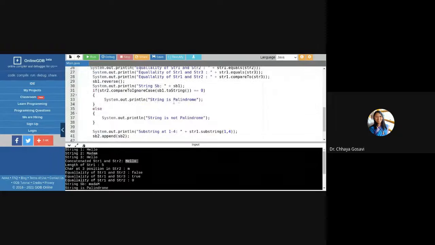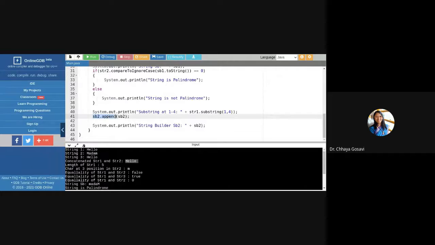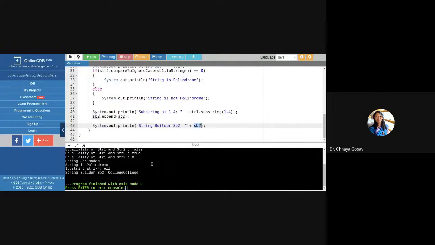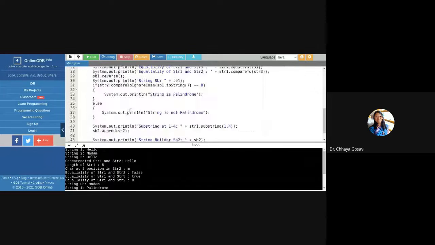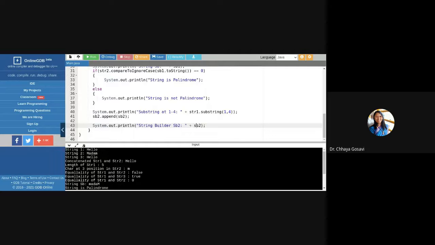But here, when I use sb2.append(sb2) and print this value, this is the modified value. I'm getting college twice. This is the difference. It explains that String is immutable, but StringBuilder or StringBuffer is mutable.